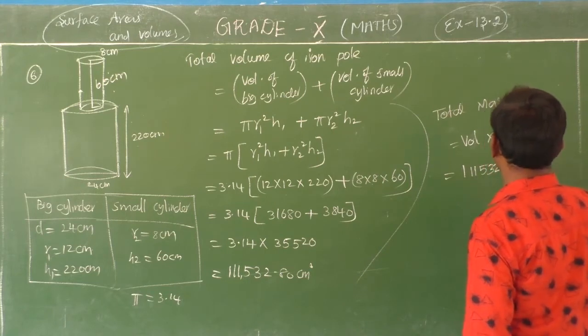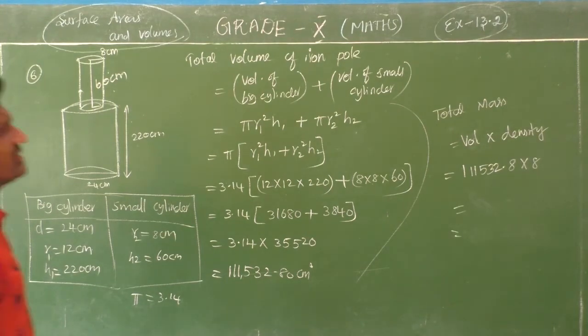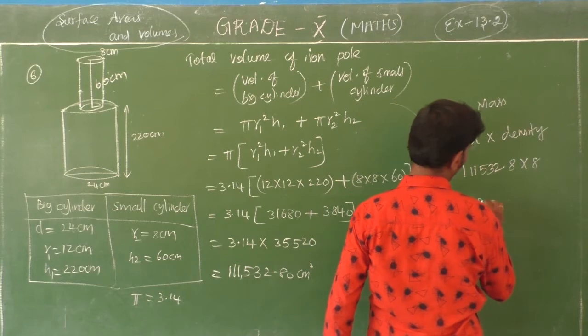So you have a volume 1,11,532.8 into 8, because 8 gram only, no. Yes. Now I am going to multiply by 8. 8 8s are 64 remainder 6. 8 2s are 16. 16 plus 6, 22 remainder 2. 8 3s are 24. 26 remainder 2. 8 5s are 40. 42 remainder 4. 8 1s are 8. 8 plus 4, 12. Remainder 1. 8 1s are 8. 9. So multiplication of these two numbers to get 8 9